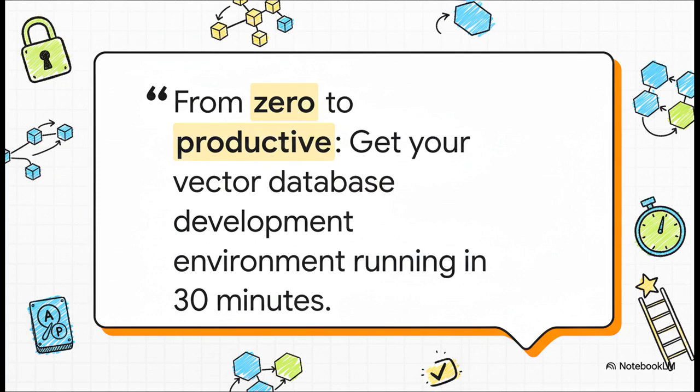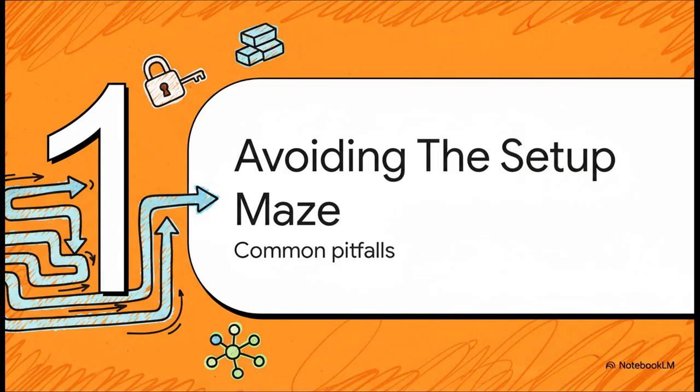So today we're going to build a solid foundation using two of the heavy hitters in this space. We're talking about OpenAI, which is just incredible for turning our ideas and text into numbers, or embeddings, and Pinecone, which is built from the ground up to store and search through those numbers at lightning speed. It's a killer combination. So, we're calling this part avoiding the setup maze,